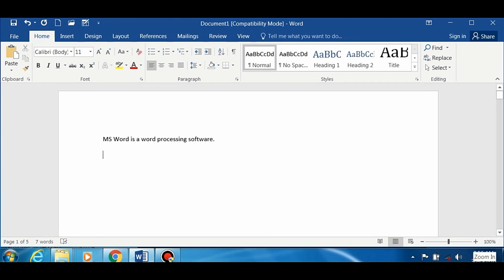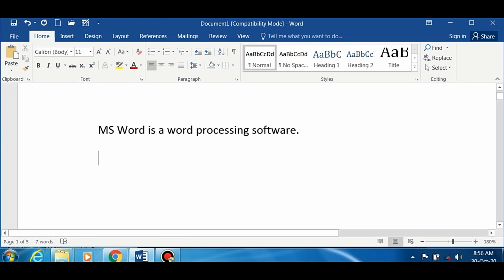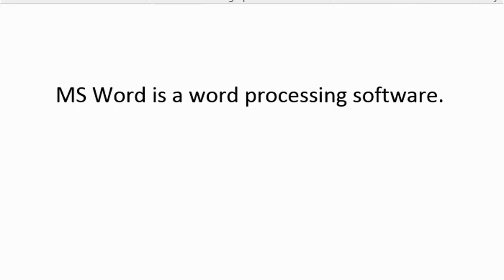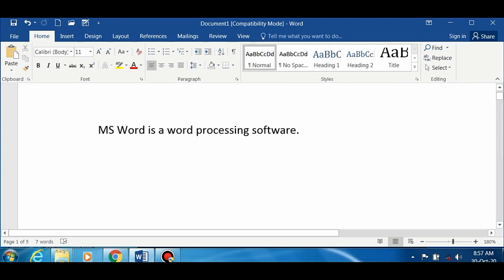Okay, when I click on zoom out, it is getting smaller and smaller. By default we call it 100%. This is the 100% view. Okay, so is that clear? This we call the zoom control. Next one is called the document area. Actually we already talked about the document area. Here is the document area, the area where we can write all the things. So we call it the document area.